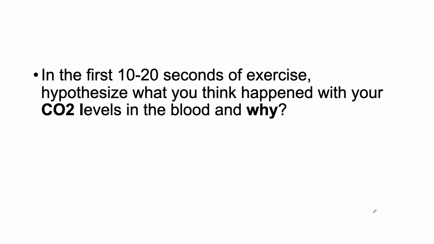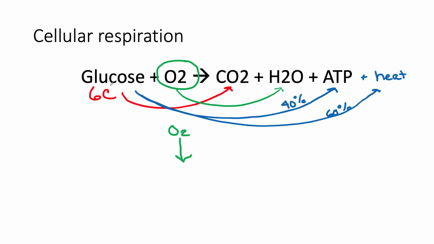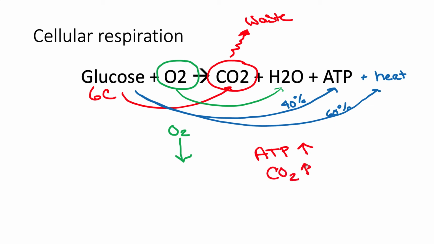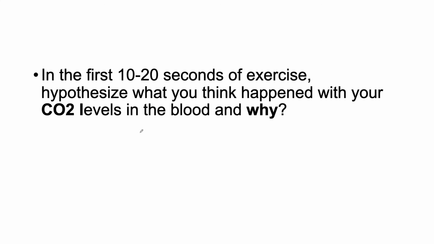The last question was, in the first 10 to 20 seconds of exercise, hypothesize what you think happened with your CO2 levels and why. So remember that your glucose becomes CO2. This is the waste product that is going to build up as you create ATP. So as ATP goes up, CO2 will also go up in the cell. So the answer to the question would be that your CO2 levels will increase in the blood